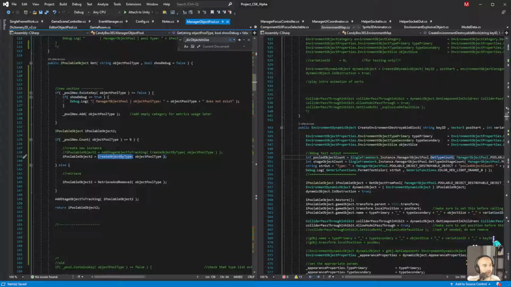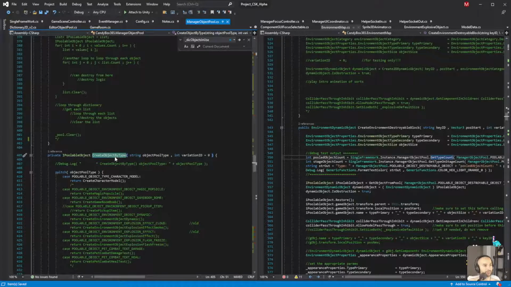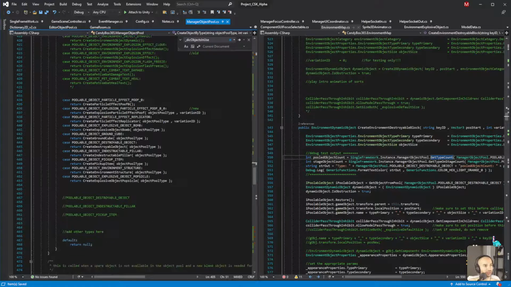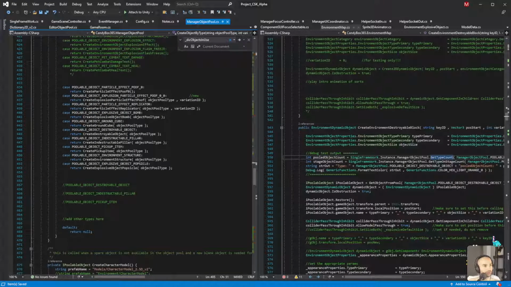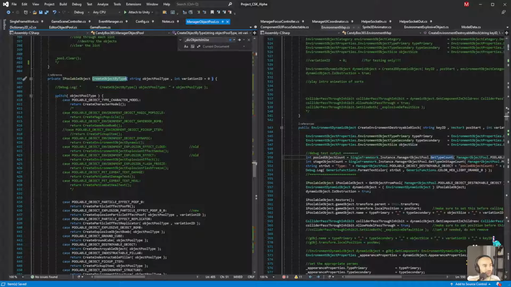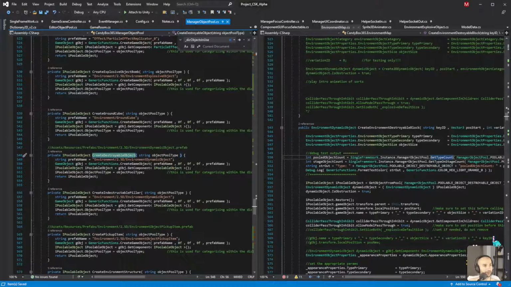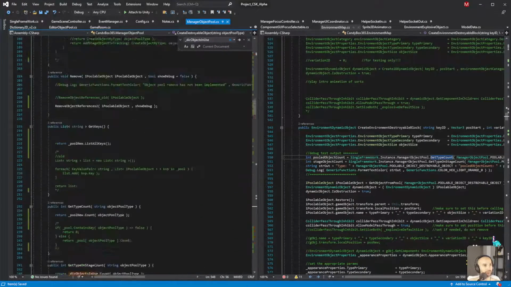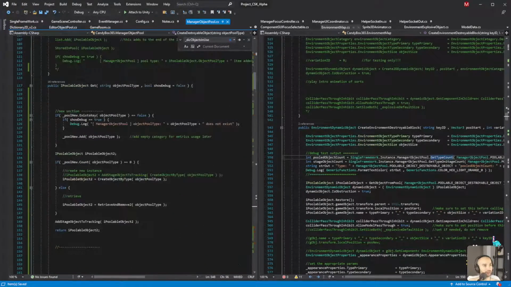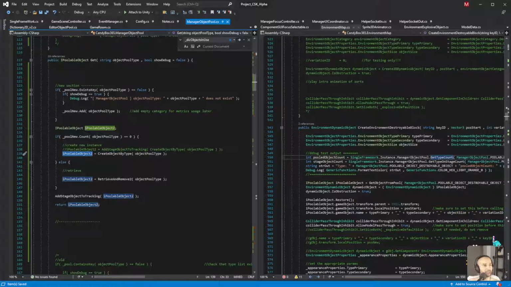Okay, so if we create the object by type, what does that mean? Okay, so we call this thing. That's fine. This has no tracking stuff, right? Let's go to one of these. No tracking. Okay. So if we create object by type, that's pretty obvious. Store the reference in this variable. However, if it's not equal 0, so if it's greater than 0,